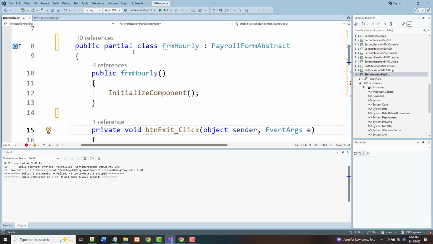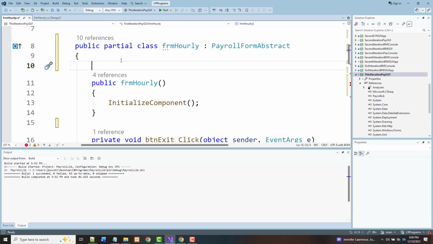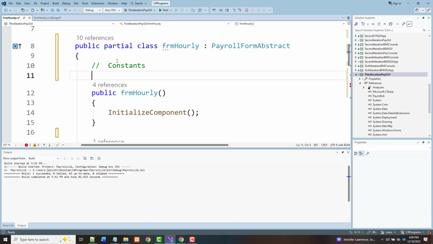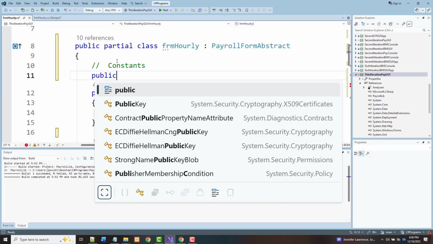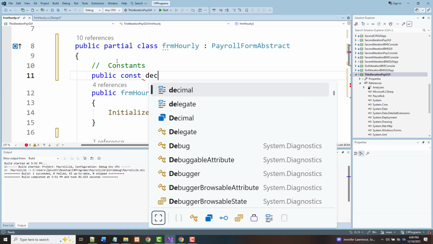Let's come in here and let's add back those constants that we had. So I'm going to say constants, and we'll make them public, const decimal